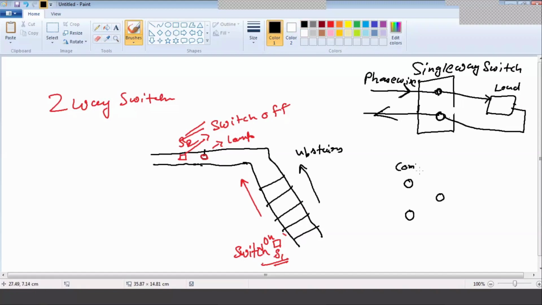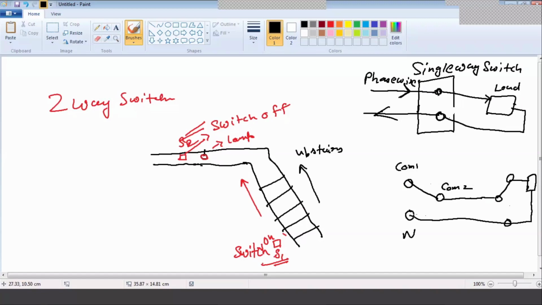This is COM 1, COM 2, neutral. So what happens? This is like this. Okay. So this will go to another switch. Another two-way switch will be there. So this will go there. Okay, and this will be connected to the load, and this will again go back to the neutral.